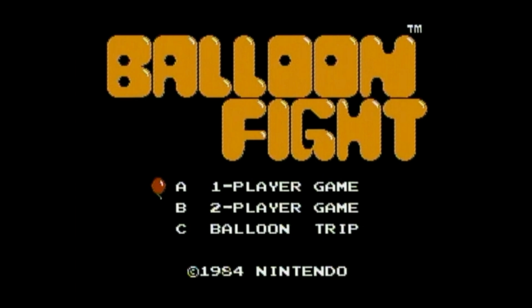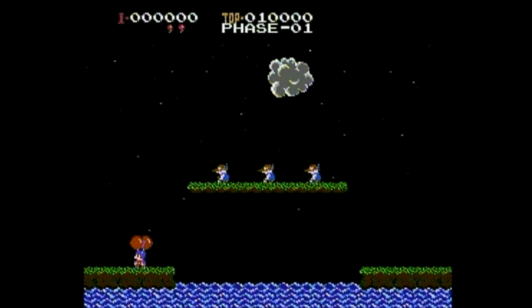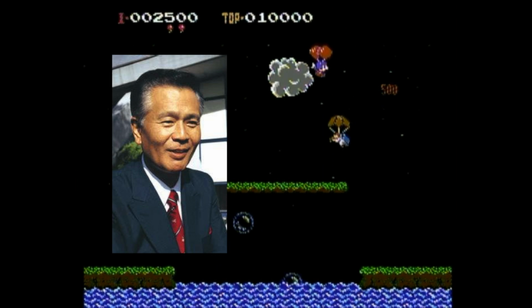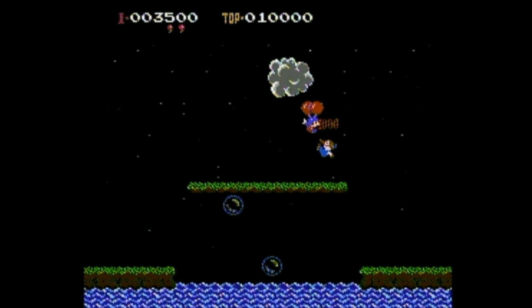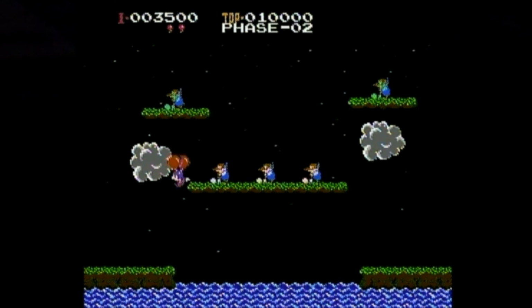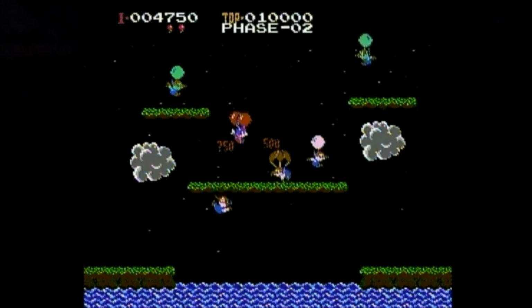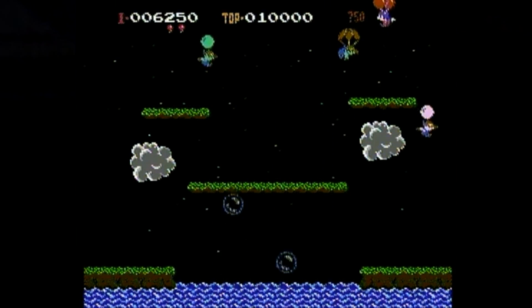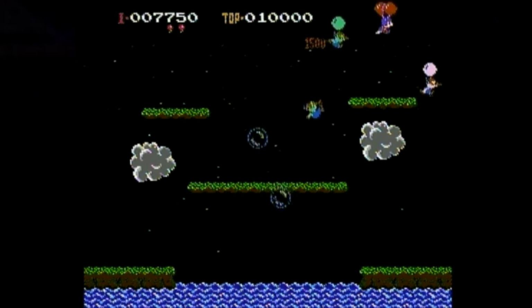The development of both the NES and the arcade versions of Balloon Fight began around 1982. The game began with Gunpei Yokoi's idea to make a game about fighting with a sense of floating through space. Although both versions were developed around the same time, the versions were delegated to separate teams, and despite being on similar hardware, the two games were programmed separately.